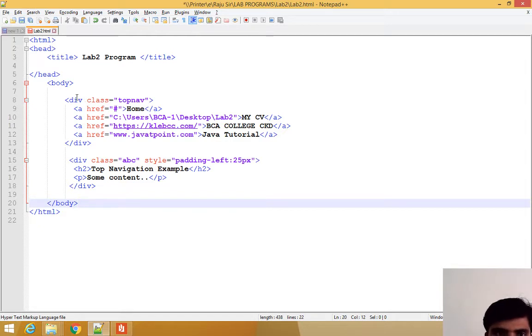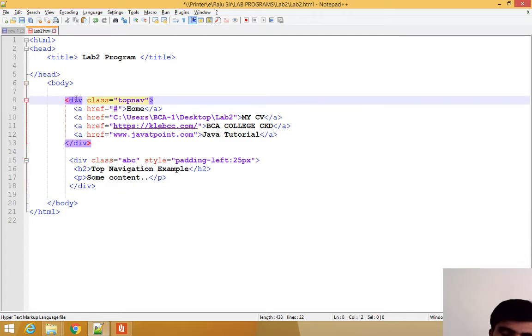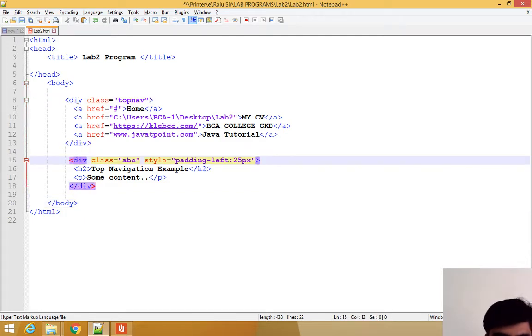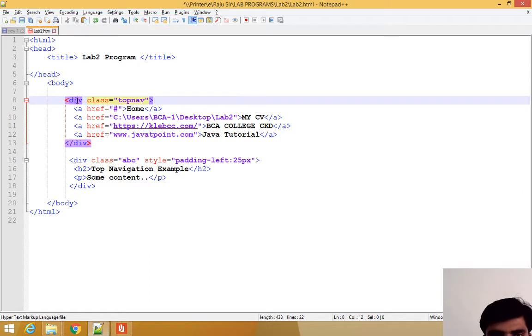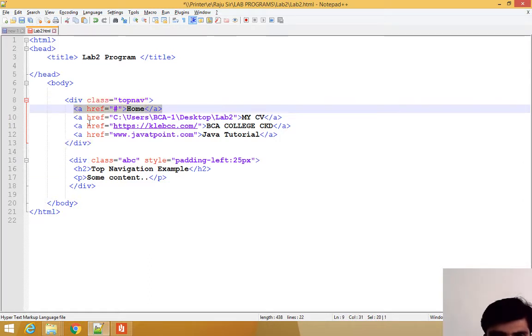The one web page we are going to divide section-wise, or division-wise: one is the menu bar, one is the content. Within a division tag I wrote 4 links.